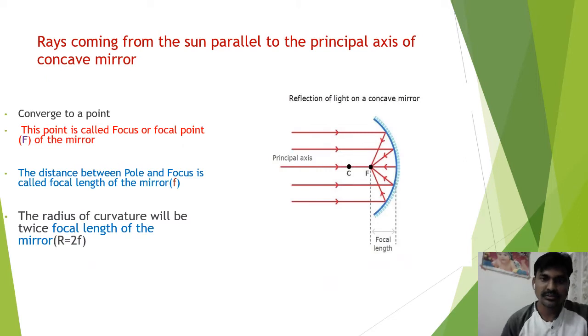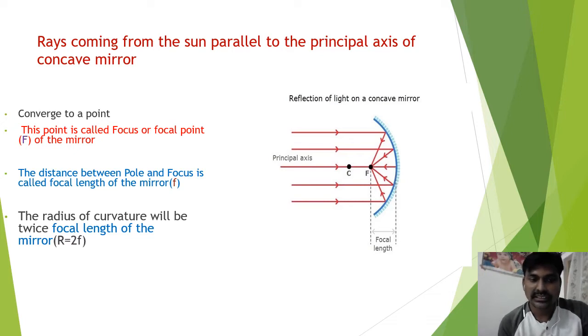Now we are going to see how to find the focus or focal point. So here we see in this figure the parallel rays which are coming from the sun, they are incident on the concave mirror. After reflection, the reflected rays are converging at a point. So this